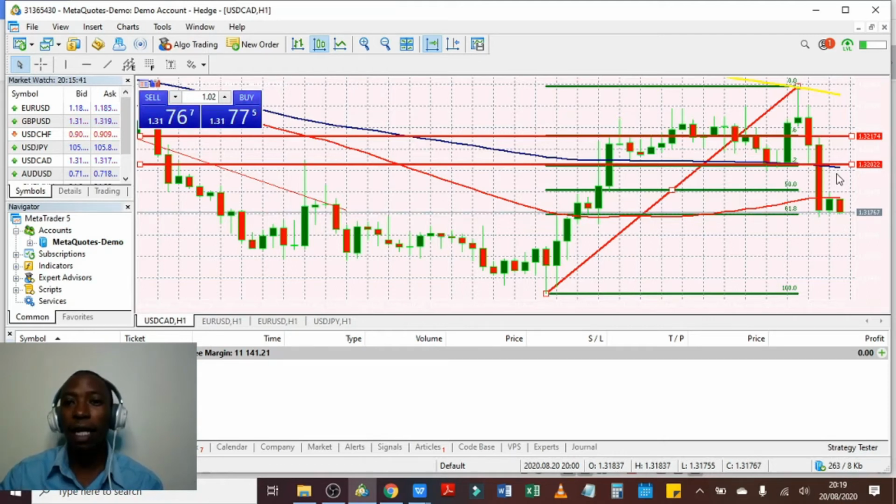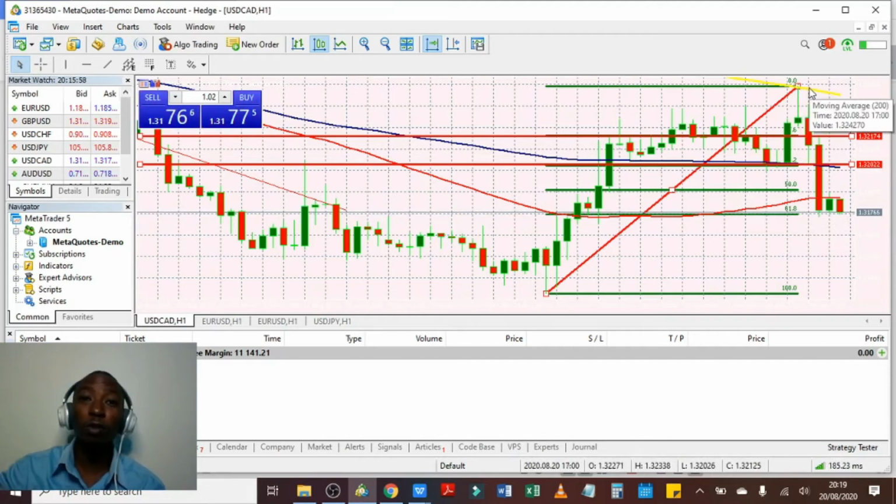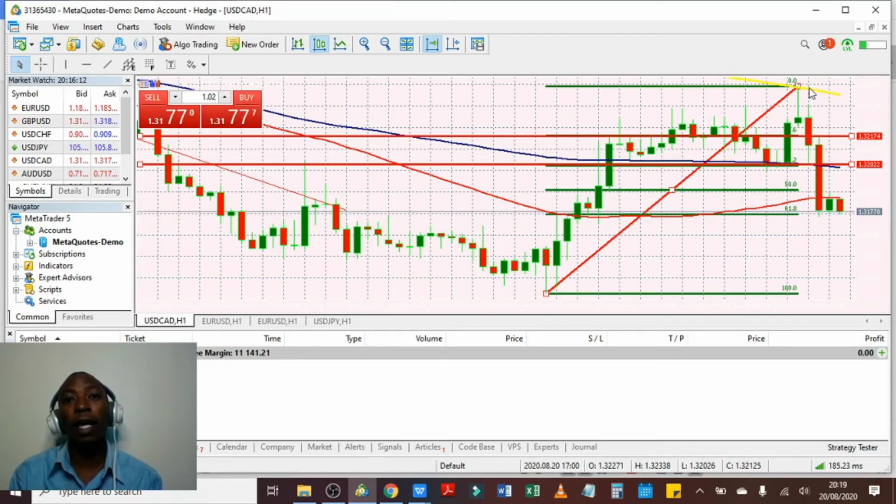And coincidentally, the 38.2 level is at the same line as the 100-hour moving average, just like the 0.0 level was at the same level as the 200-hour moving average. So these tools work in conjunction with each other. It is like a law of nature. The Fibonacci tool is just like a law of nature. There are no tricks about this. If you know how to trade using Fibonacci, you will be able to become an expert trader, and you'll always predict where the market is headed, because most traders are using these tools.